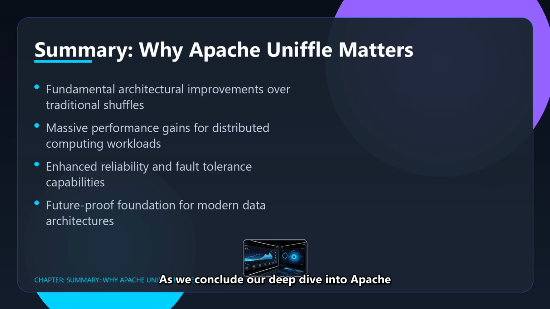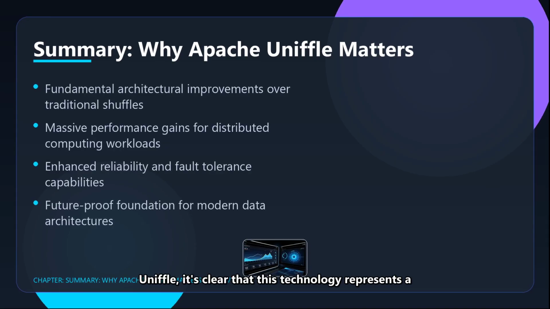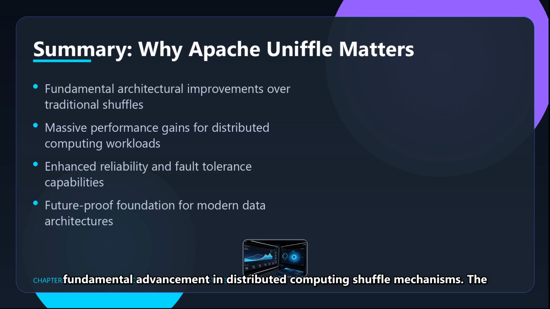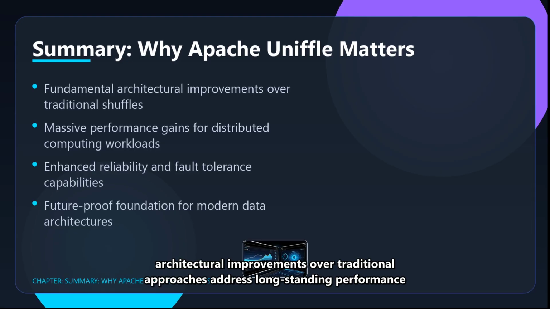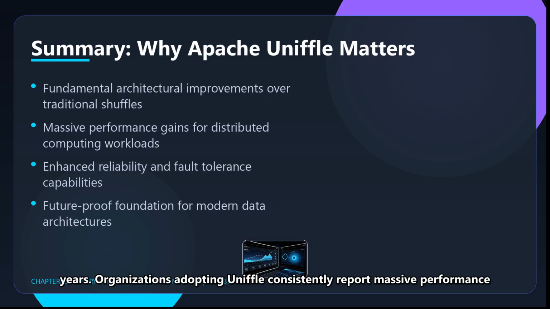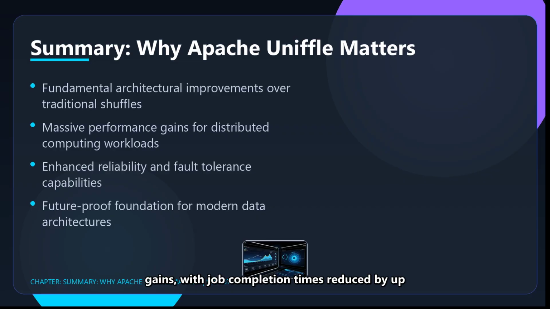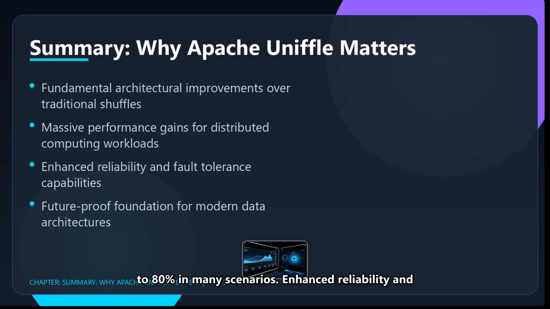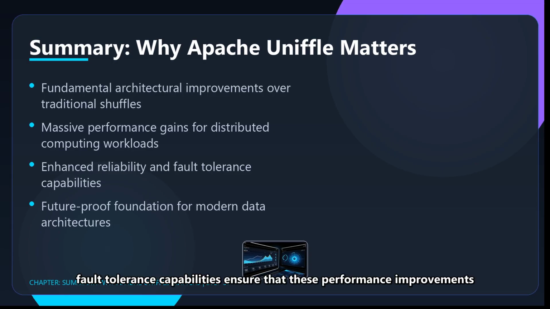As we conclude our deep dive into Apache Uniffle, it's clear that this technology represents a fundamental advancement in distributed computing shuffle mechanisms. The architectural improvements over traditional approaches address long-standing performance bottlenecks that have limited big data workloads for years. Organizations adopting Uniffle consistently report massive performance gains, with job completion times reduced by up to 80% in many scenarios. Enhanced reliability and fault tolerance capabilities ensure that these performance improvements don't come at the cost of system stability